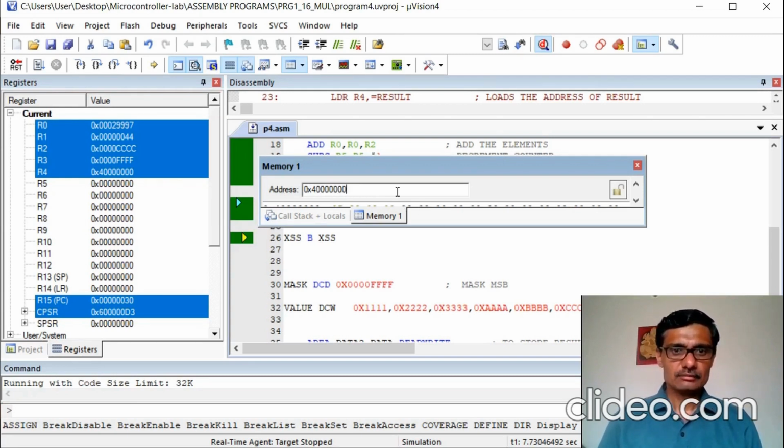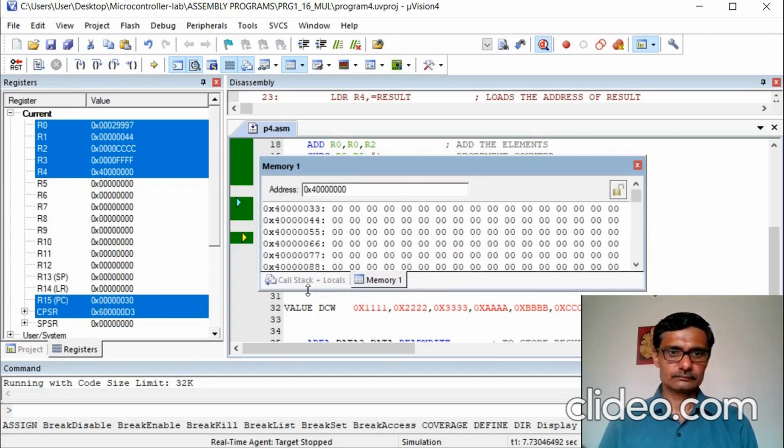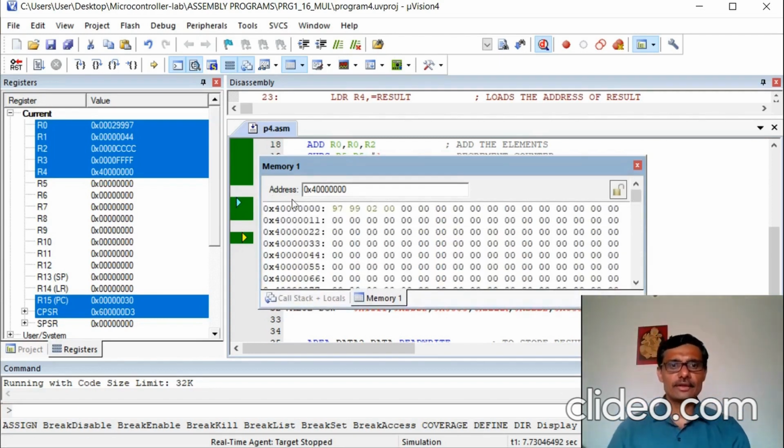You can see the memory layout here. See the contents of the memory location. You can see it is stored here. The first lower byte 97 is here. Next byte, that is 99. Next byte 02, and the most significant byte 00. So they are stored like this.